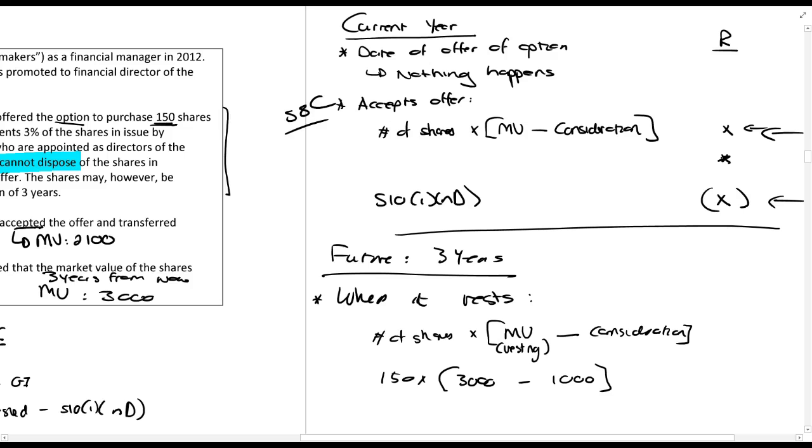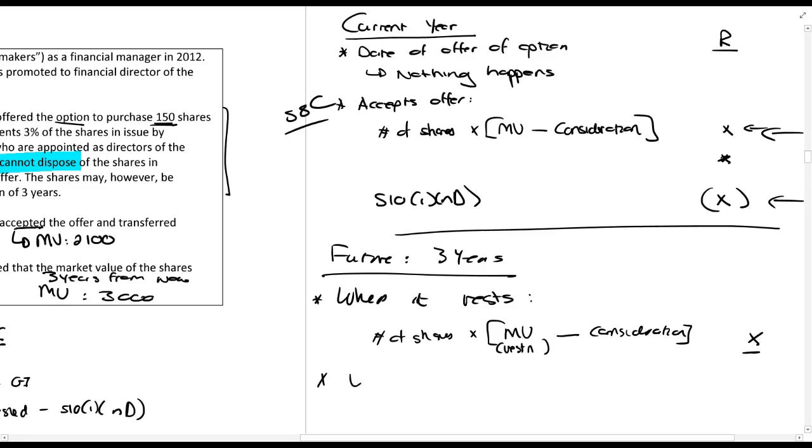Right, Section 8C is interesting because if this market value, which I now say is 3,000, goes down, let's say it goes down to 800, you will have a deduction. Just remember that. Okay, so you now include that amount when it vests. Now it gets taxed. That's it.